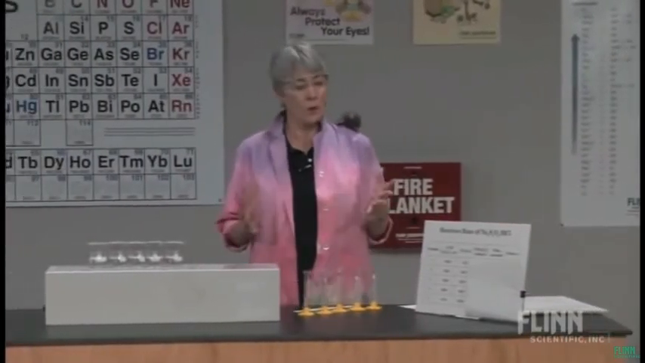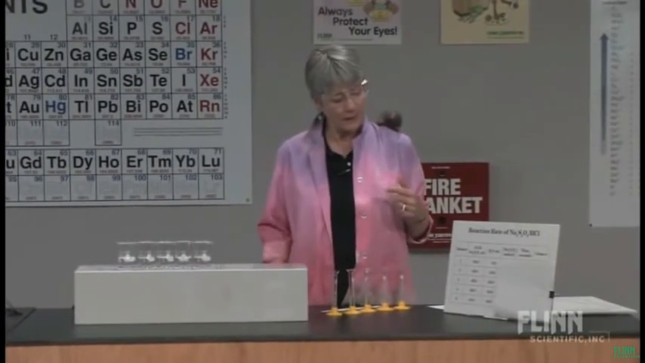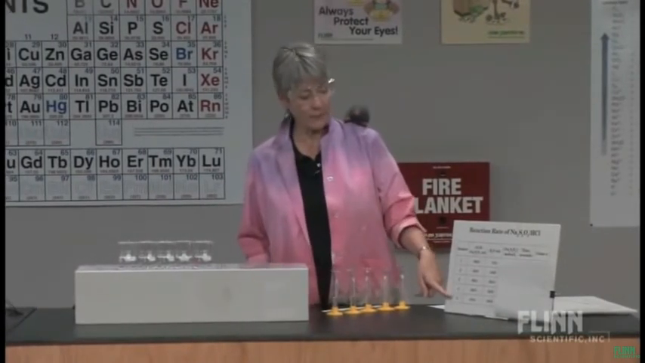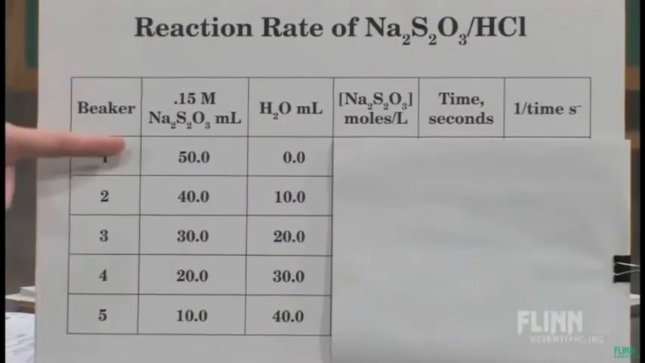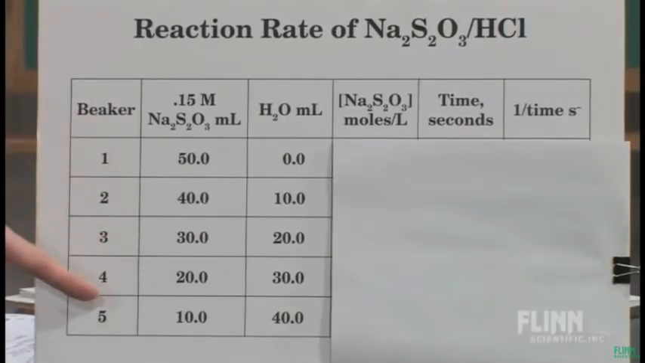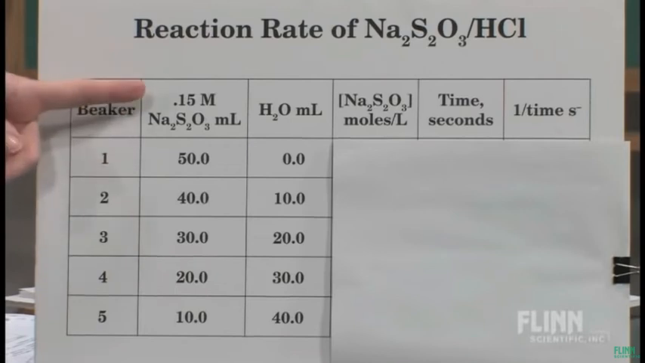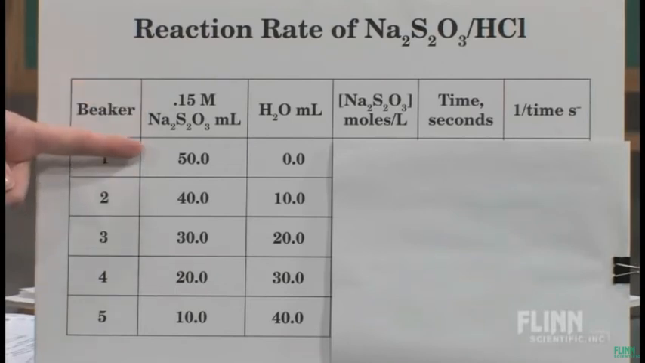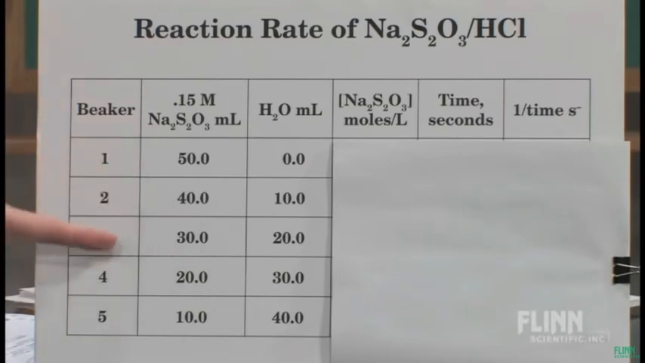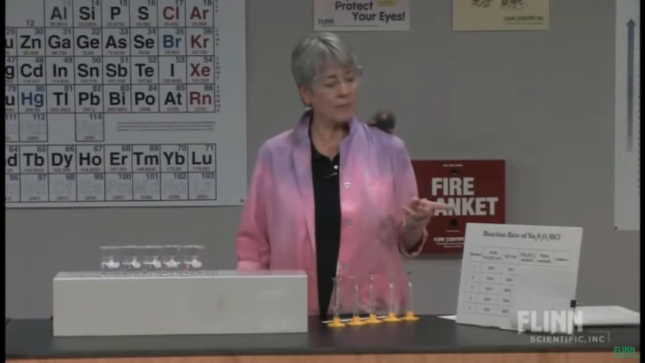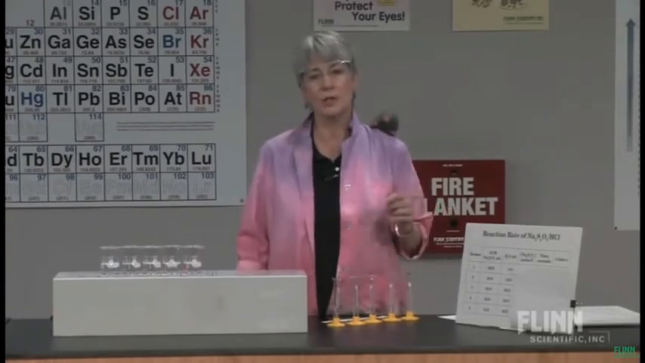And what I've done is I have 5 beakers, and the beakers have varying concentrations of the thiosulfate. So in the first beaker, of course, I've just got the pure 0.15 molar sodium thiosulfate, and then I have diluted it along the way. And I would give my students a data table like this and ask them to calculate those new concentrations for